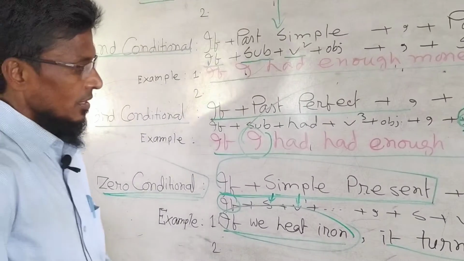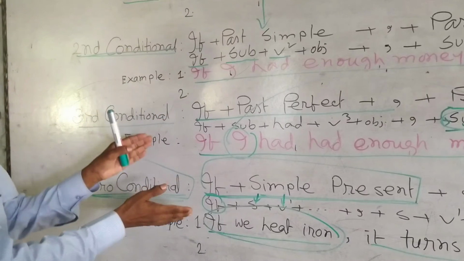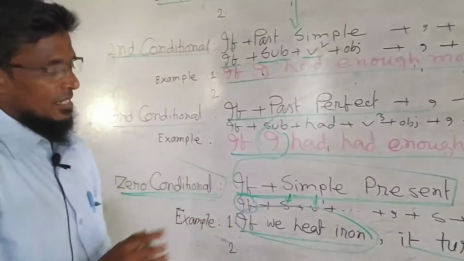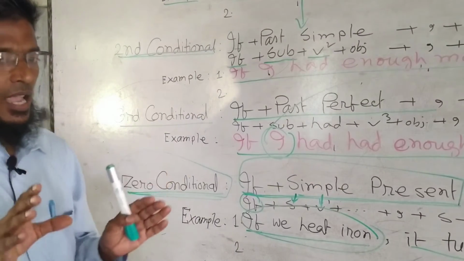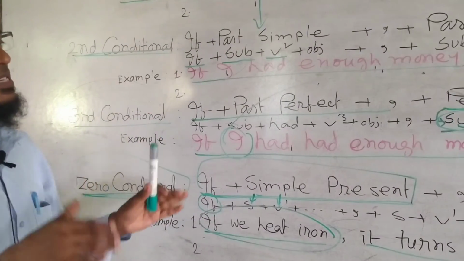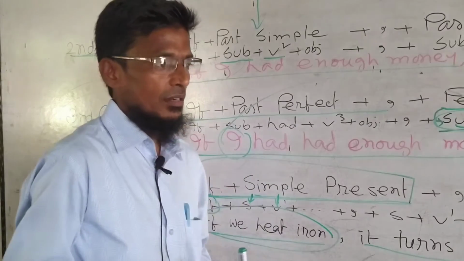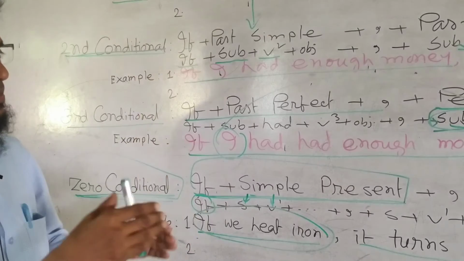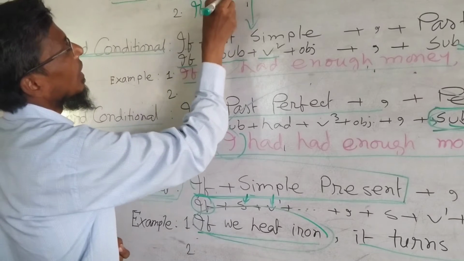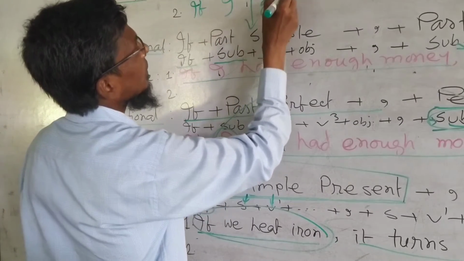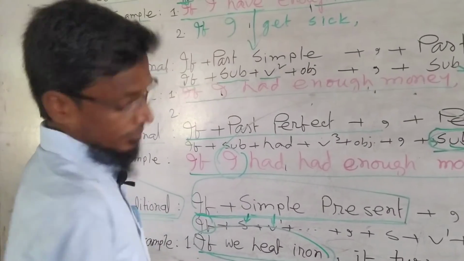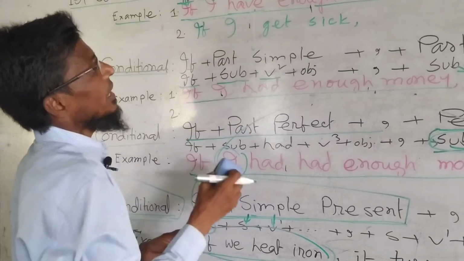Dear learners, you have to remember the 4 structures. You will be able to write other sentences by following these structures. So I give you another example. You have to try to fill up the completing sentence or other part of the sentence. Such as, if I get sick,